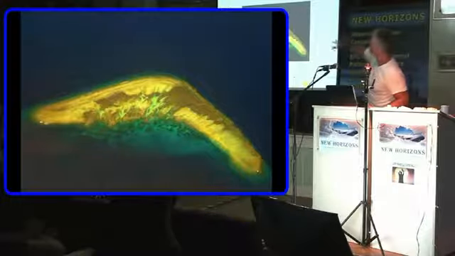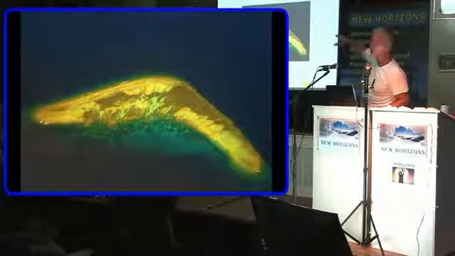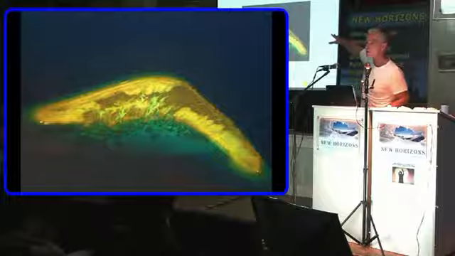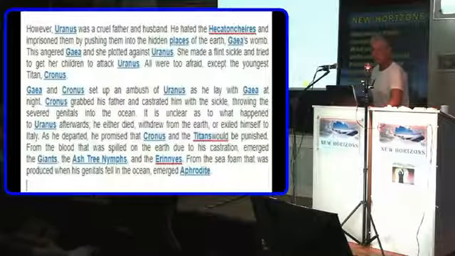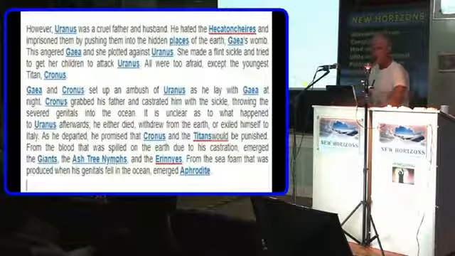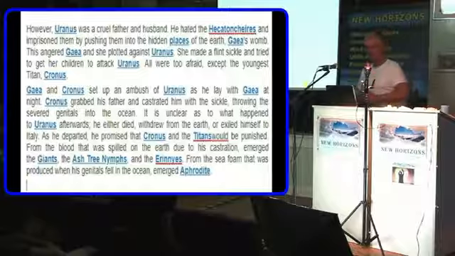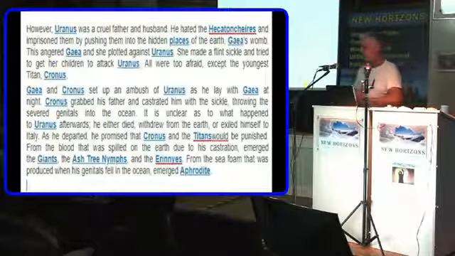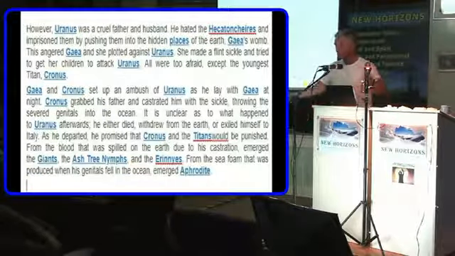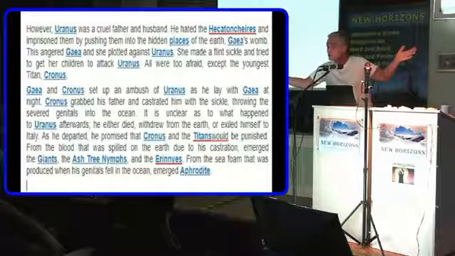Some of the big statues in Asia. Tell me, what do you see? Looks like a boomerang. It was a giant's boomerang. Yeah, giants had boomerangs. Okay, now let's read this. This is from Greek mythology. People think, oh, it's mythology, it can't be true, but people say, oh, the Bible, yeah, that's just as much mythology as Greek mythology, isn't it?